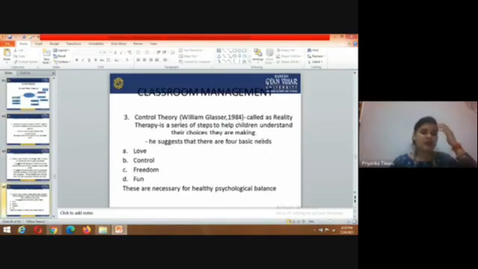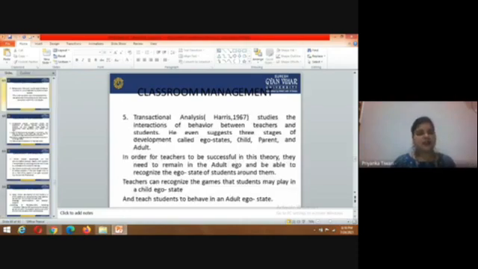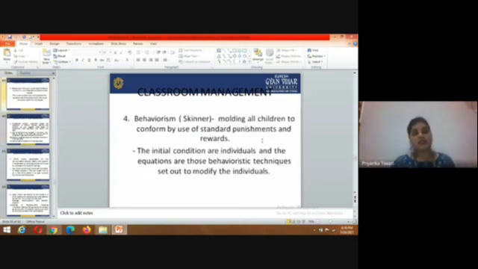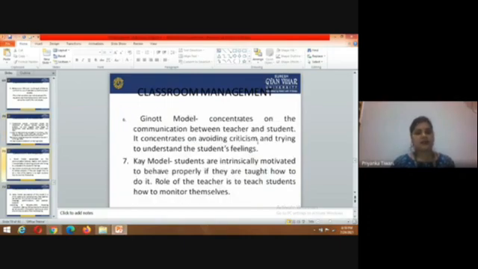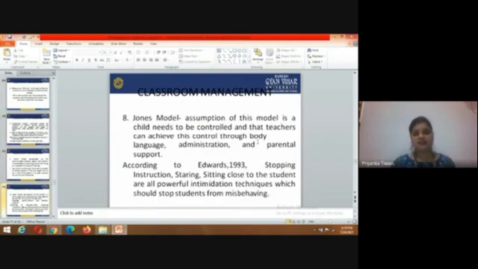classroom management, and then after behavior theory, given us Skinner, molding all children to conform by use of standard punishments and rewards. The initial conditions are individuals, and the equations are those behavior techniques set out to modify the individuals, and transactional analysis studies interactions. Also we have discussed that, and then after the classroom management,